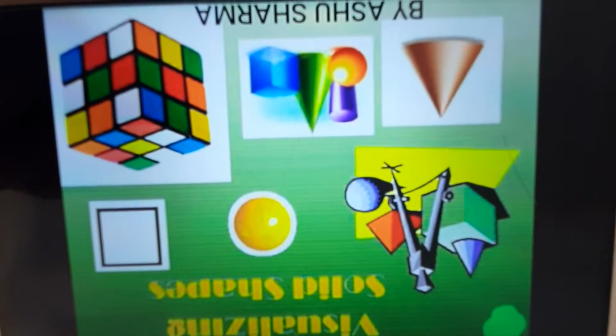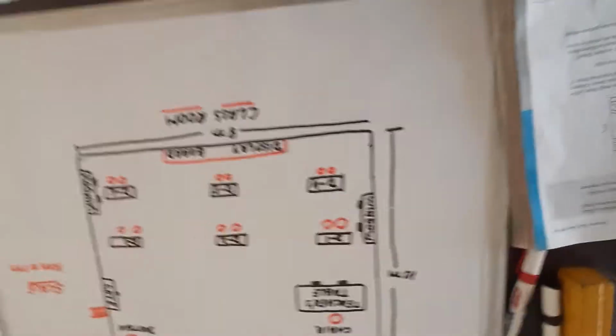So let's start question number 2. What is given to you? Draw a map of your classroom using proper scale and symbols for different objects, right? So let me explain how to make a map of your classroom. Again, draw this map in your practical notebook and write the symbols on the right hand side of the notebook. So in this way, dear students, you have to make it.